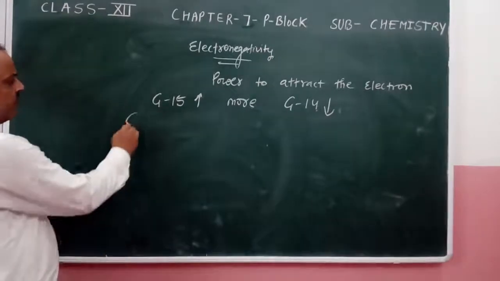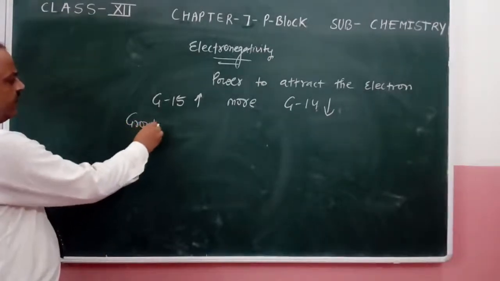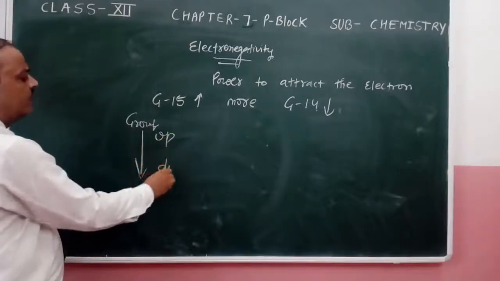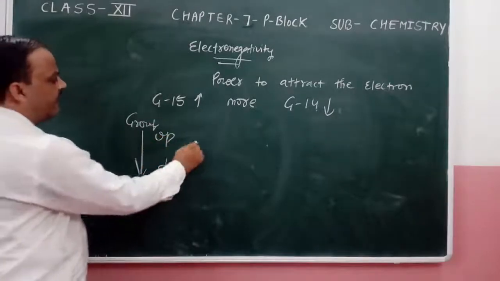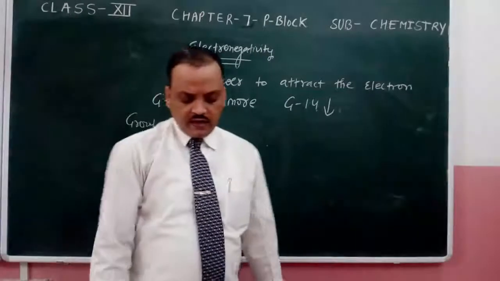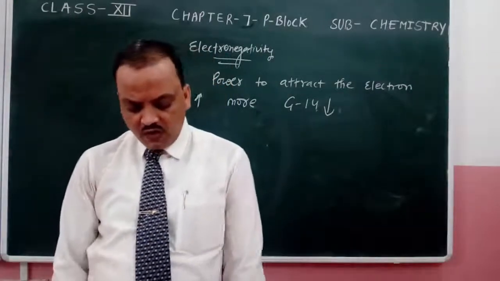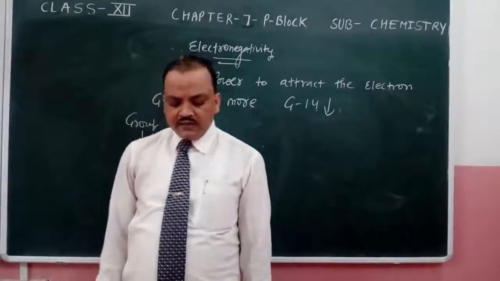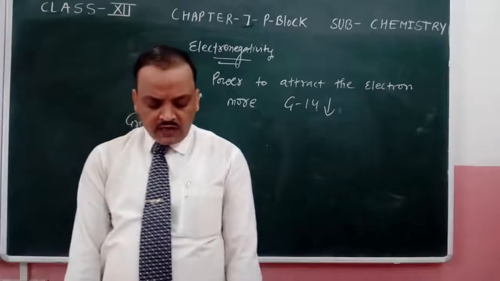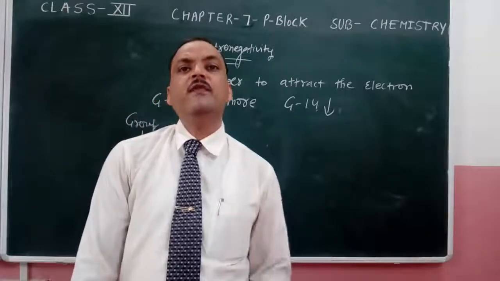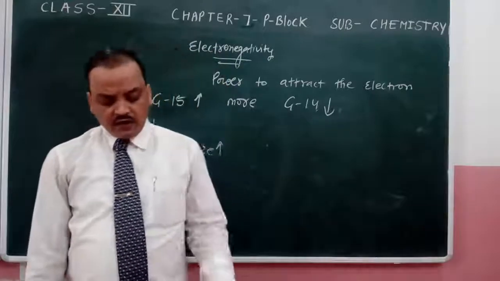When we move down in a group, we have to move from up to downward, and in this condition the size of a particular atom will increase. So due to the smaller atomic size and smaller number of electrons needed to